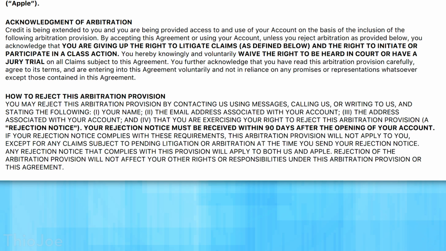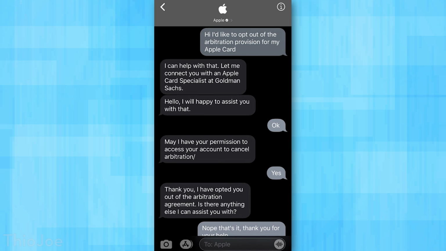But really the easiest way that I did was through Messages. You just go into the Apple Card settings, click the Message for Support thing, and then literally just say that you want to opt out of the arbitration provision. And then in my case, they did it so quickly, they said, okay, yep, we'll get your permission to do that, and then they opted out, and that was it. So super easy, super simple. Obviously, I have no intention of suing Apple or Goldman Sachs, who's doing the credit card back end, but it's good to at least opt out, so then you have the option in case something bad happens. So that's really all I have to say about that.